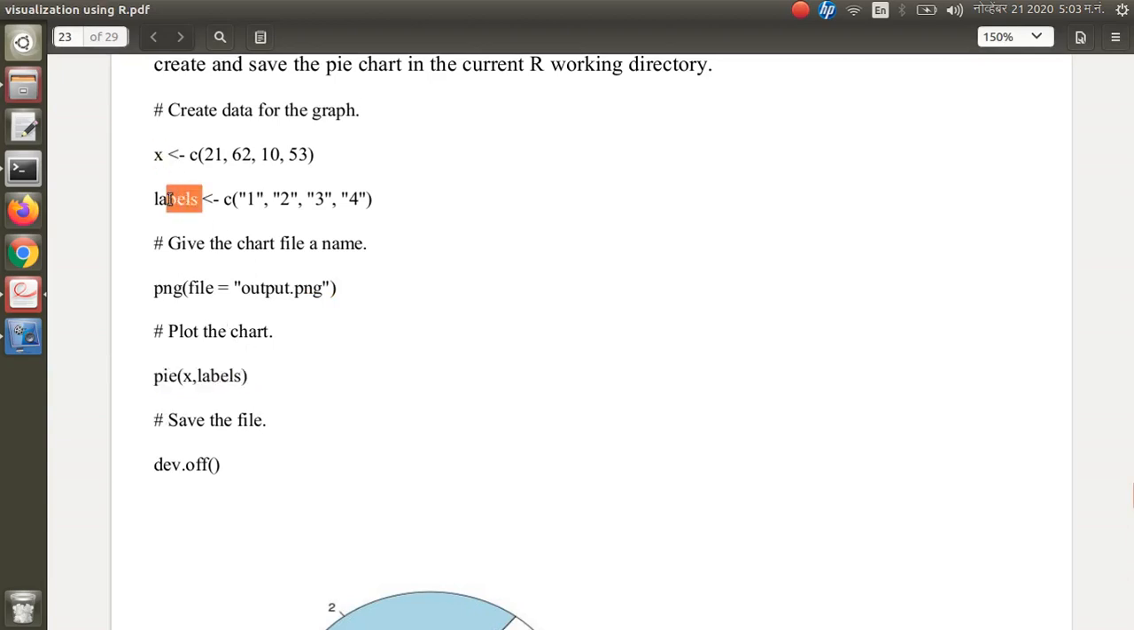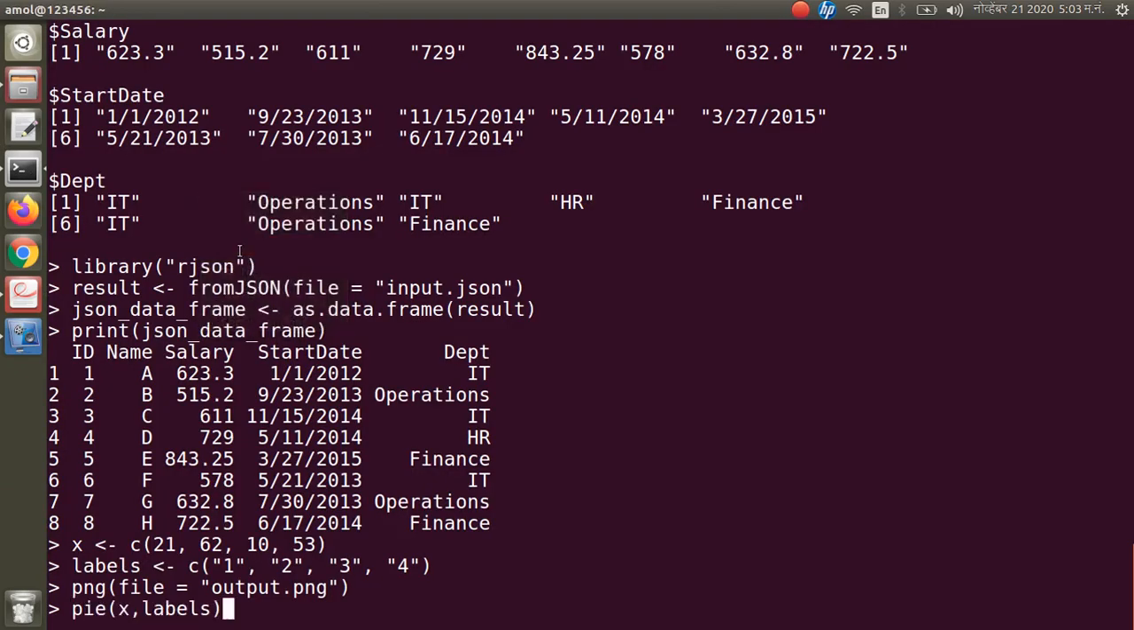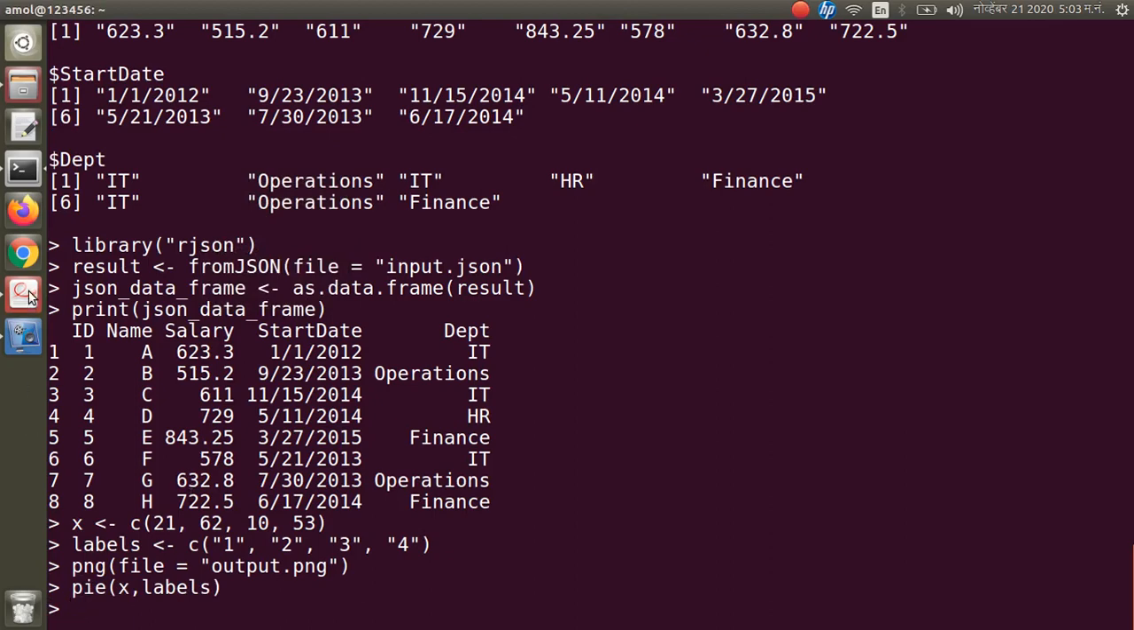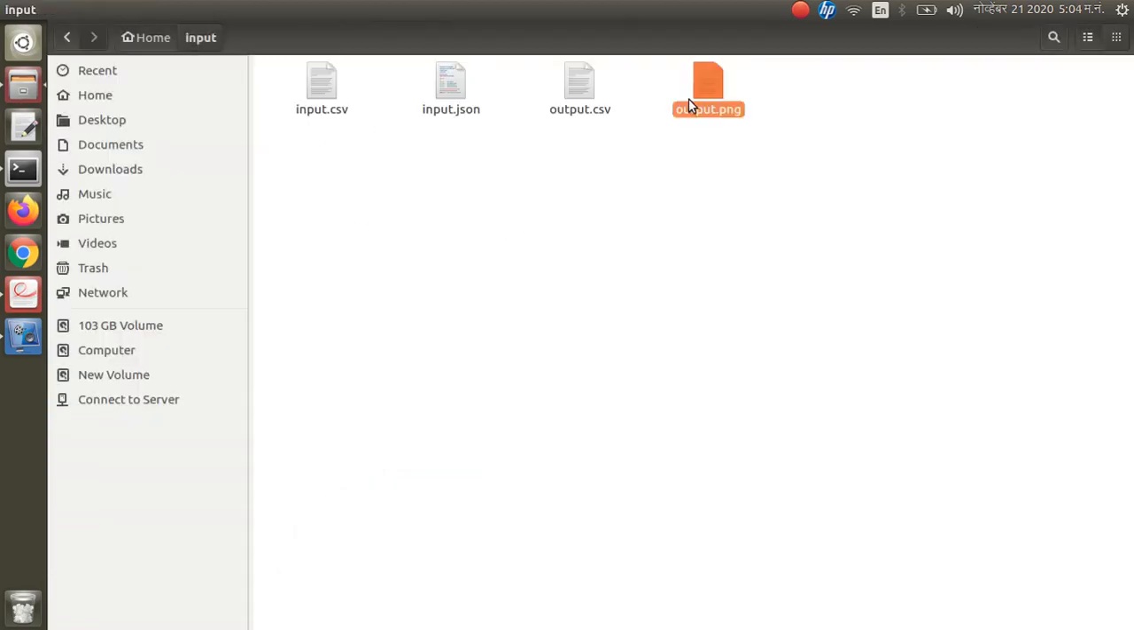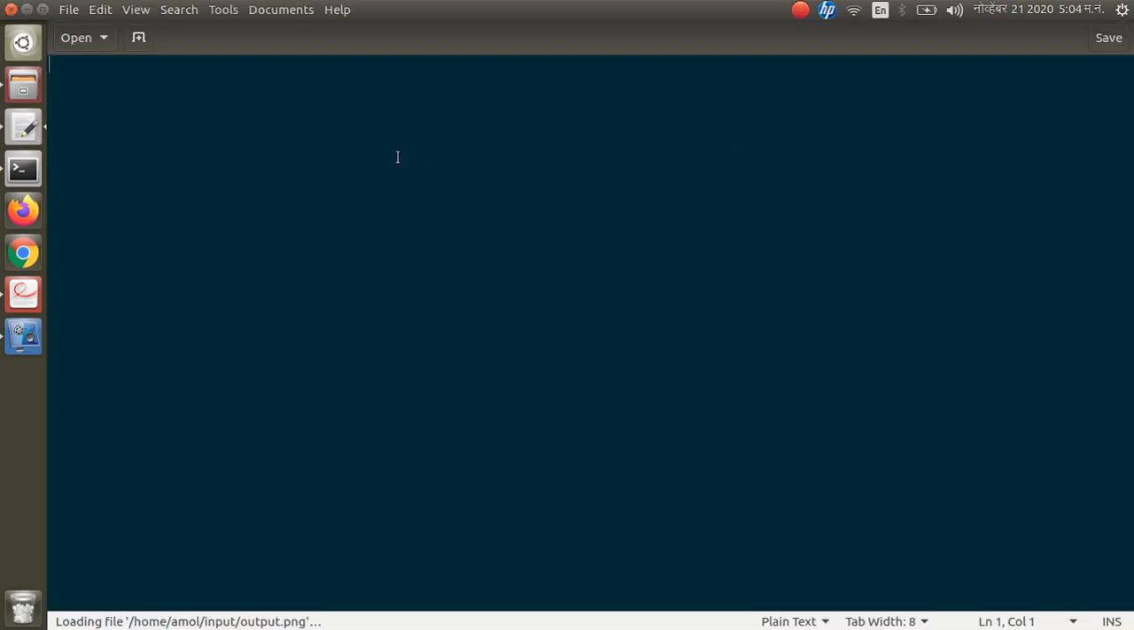And we are going to create the PNG file with name output.png, and then we are going to plot this X as well as these labels. So we will plot with the value pie as X and labels. So if you are observing,